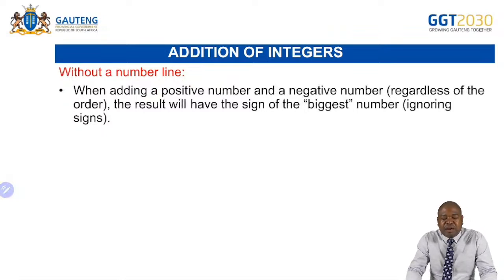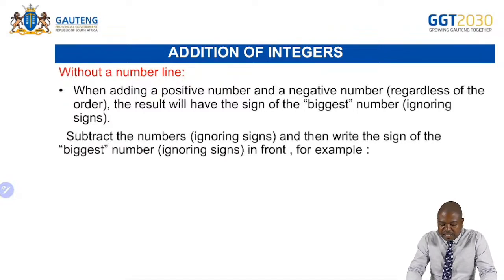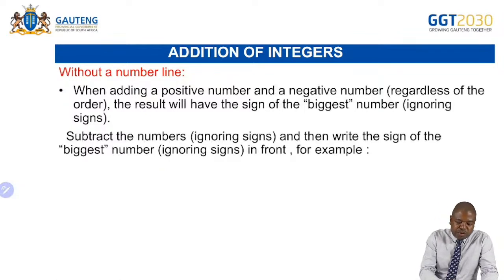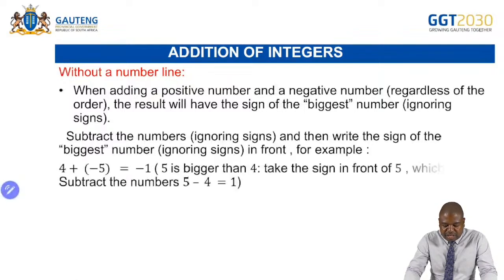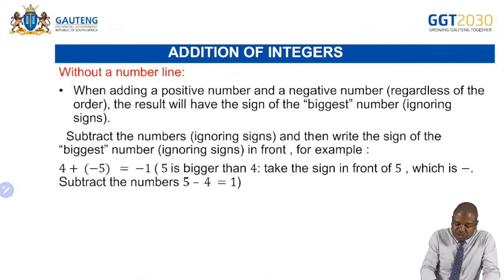When adding a positive number and a negative number, regardless of the order, the result will have the sign of the biggest number, ignoring signs. I'm going to give you some examples so that you understand better. You subtract the numbers, ignoring signs, and then write the sign of the biggest number, ignoring signs, in front. For example,